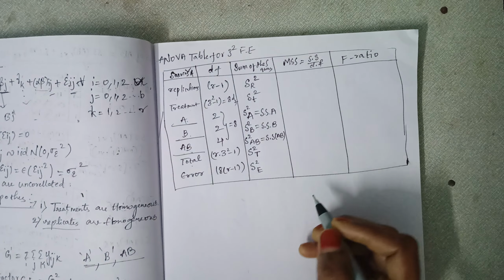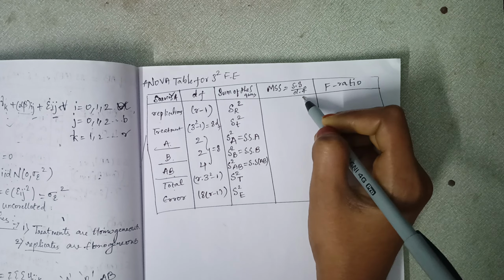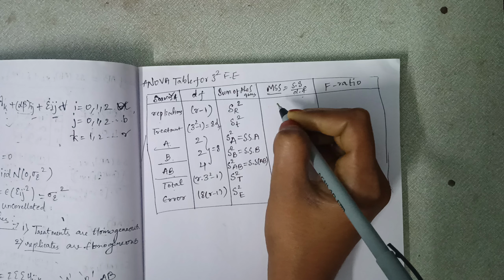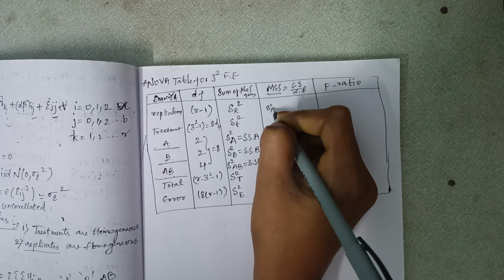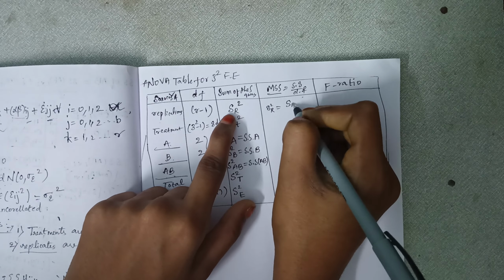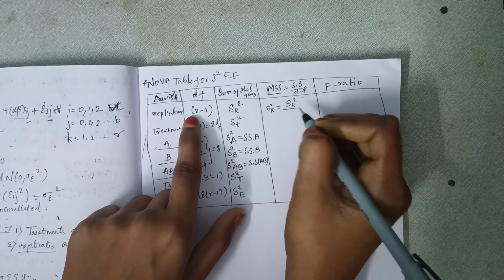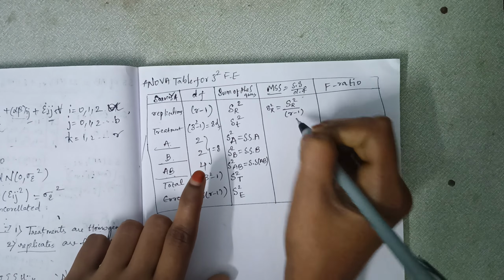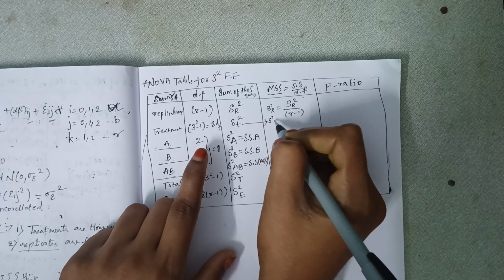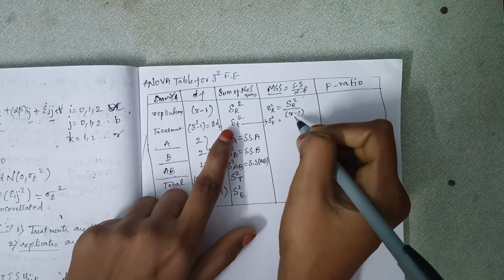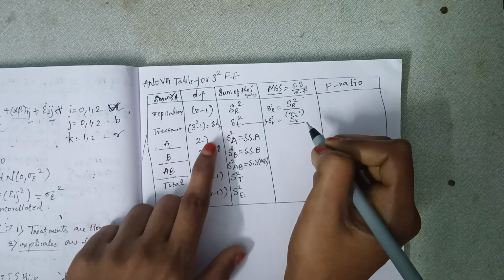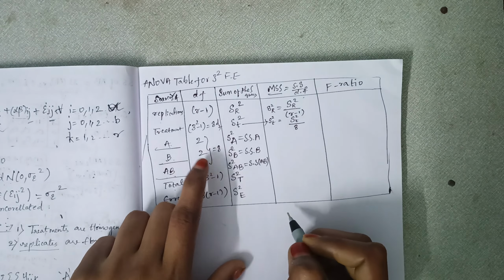And the mean sum of the squares, which is sum of the squares by degrees of freedom. So the mean sum of the squares is denoted as small s. So small s square r, which is equals to sum of the squares, which is capital SR square by the degrees of freedom is r minus 1. And for treatments, small s square t, which is equals to capital S square t divided by degrees of freedom is 8. So therefore 8.